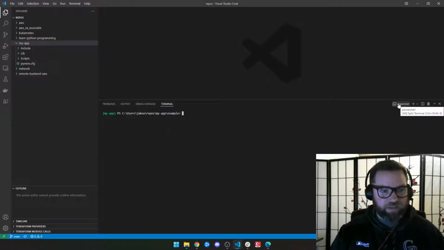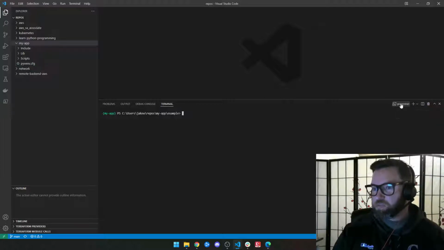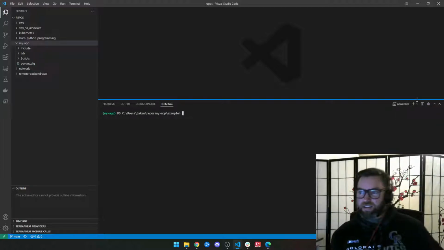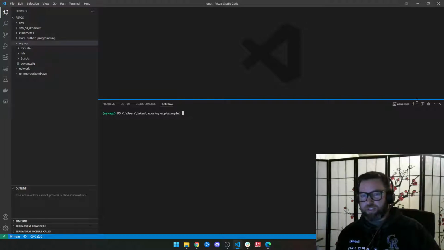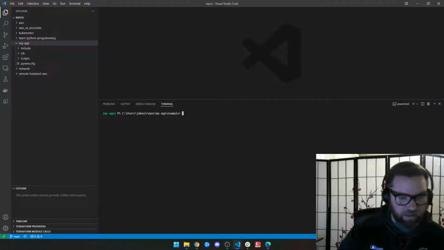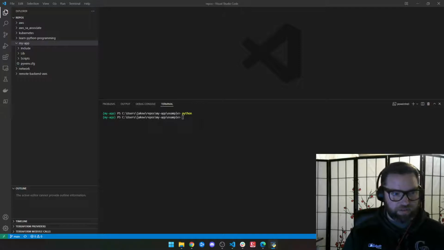So since we know that everything in Python is an object, you might ask yourself, well, what really happens when you type something? So like if I go into an interactive shell,